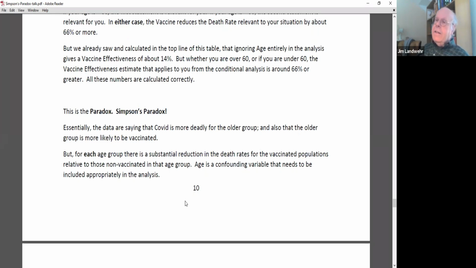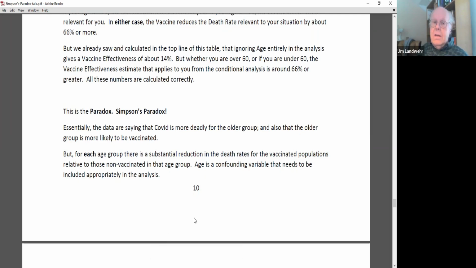Now I see there's a couple other hands, but let me, and I want to have some discussion. Let me just go on, though, to the last part of the example with these data, and then maybe turn to the chat room. Can we answer one question from the chat room? Okay, I don't see that. I don't have the chat open.